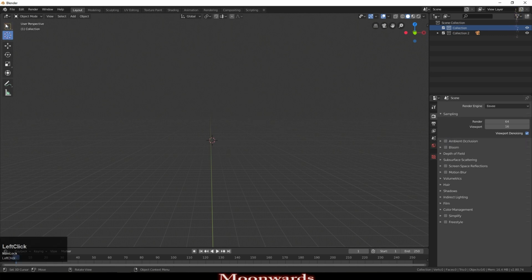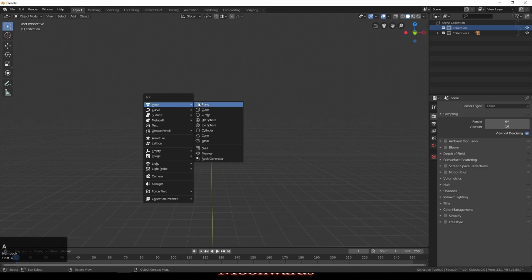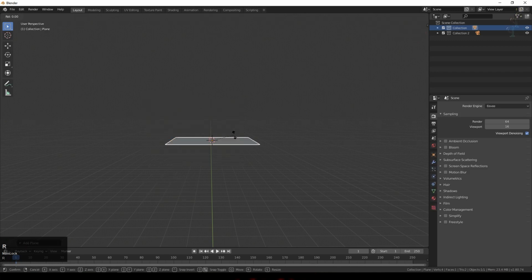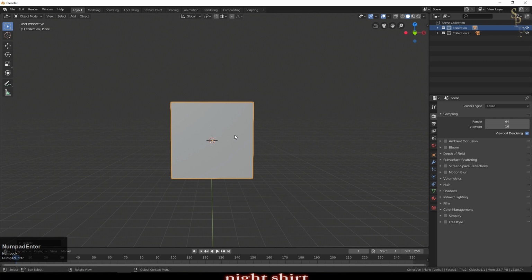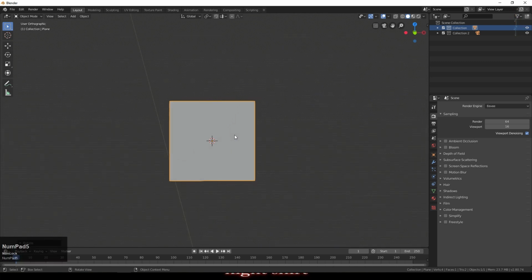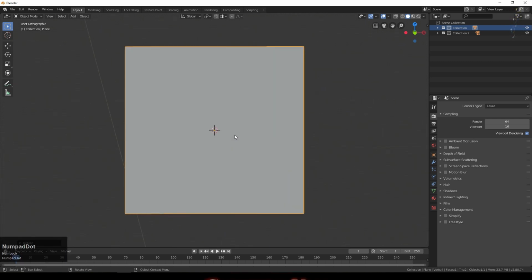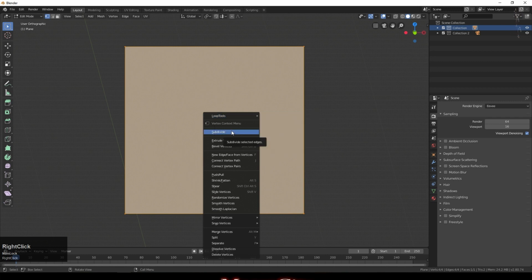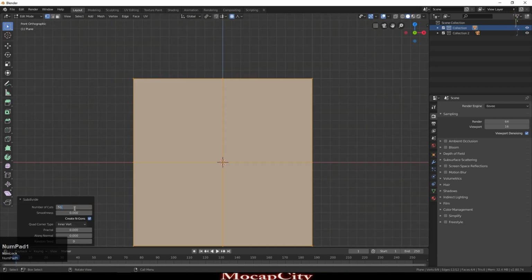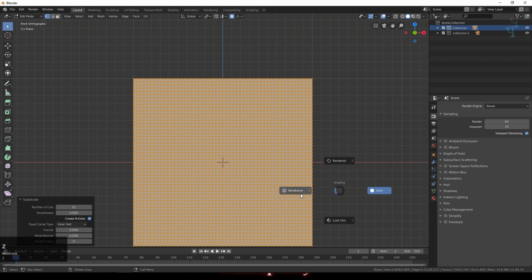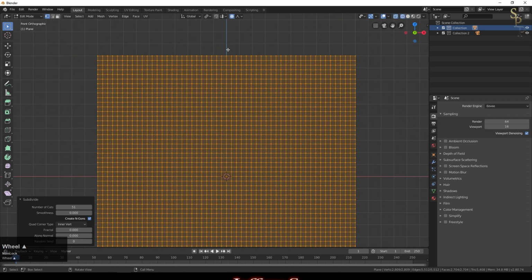I'll just put my 3D cursor there, and I'm going to add a plane. I'm going to rotate it on the X 90 just to make it easy to see. I'm going to go into orthographic view by pressing 5 on the numpad, and then just press dot on the numpad just to focus in on this plane. I'm going to go into edit mode by pressing Tab, and then right click and select subdivide. And we'll say 51. And if I press Z now and go into wireframe view, you can see we've got a row and a column of vertices aligned with the primary axes. And it just makes it easier for what we're doing next.